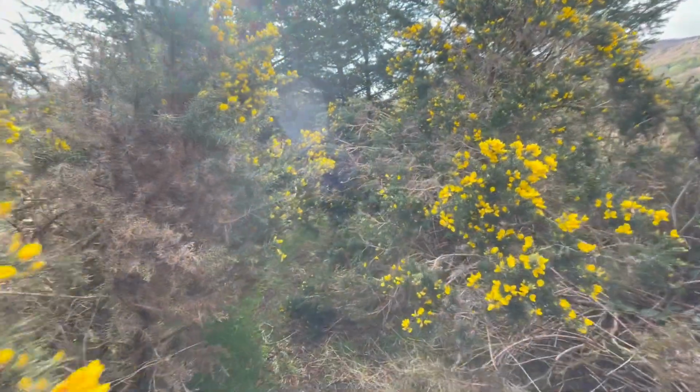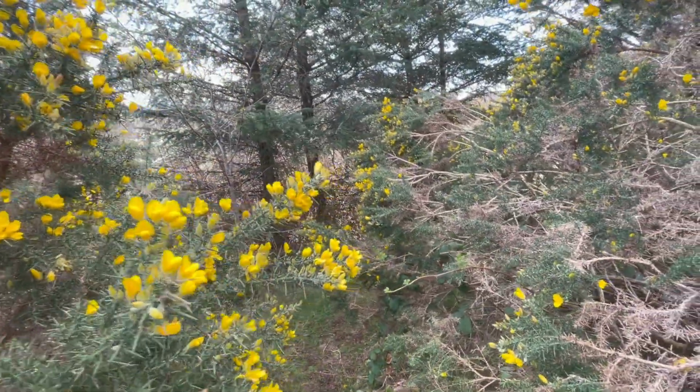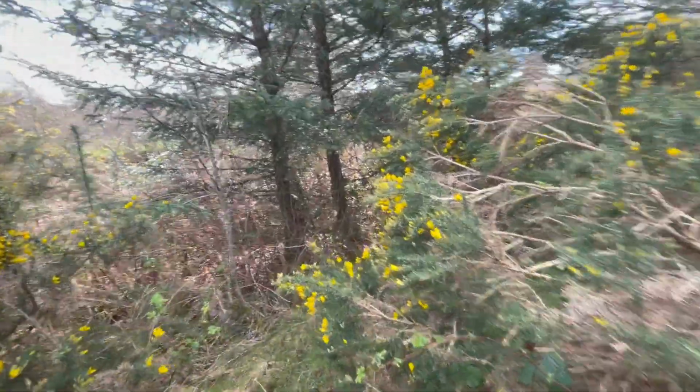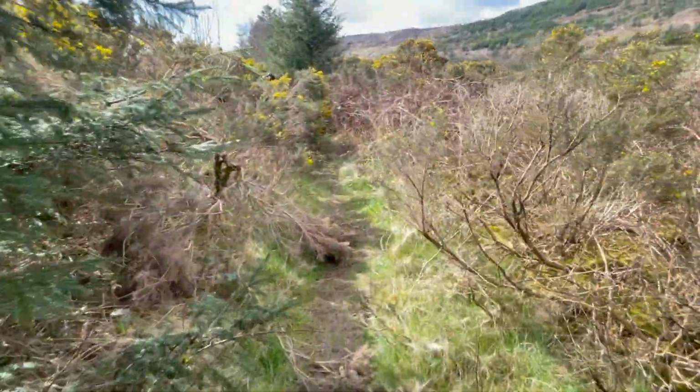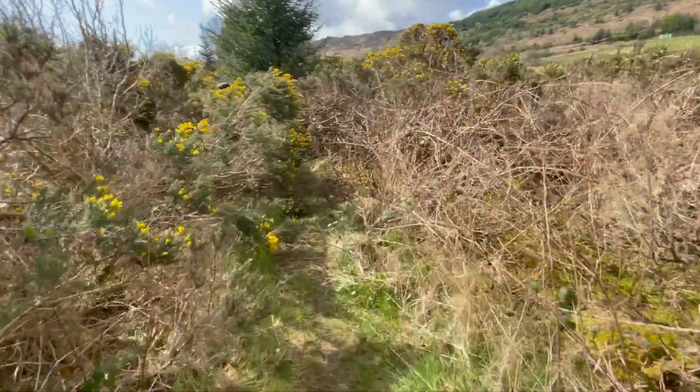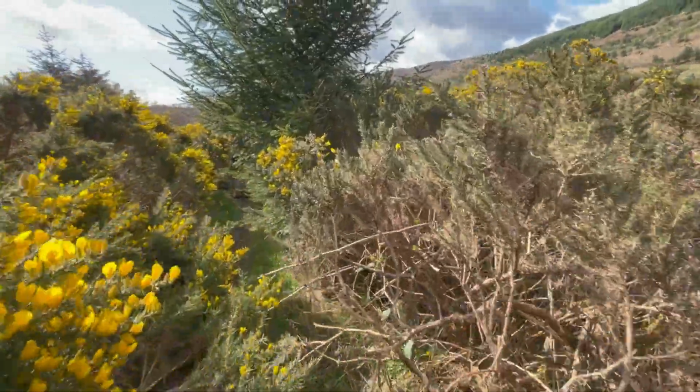So the good news is the gorse flowers are lovely and bright and this yummy air, and the bad news is that we've reached a section where the gorse bushes are overgrowing the path, and so there's lots of scratching and swearing as we squeeze our way